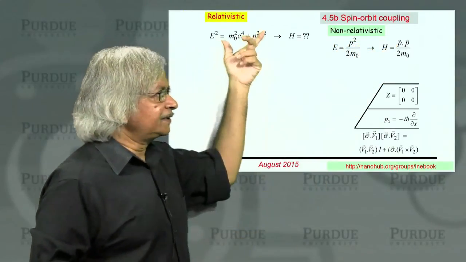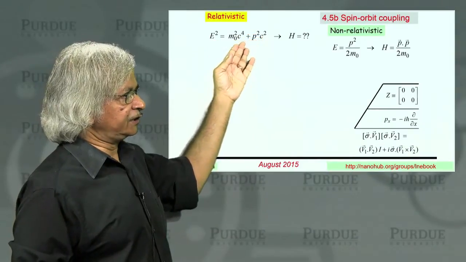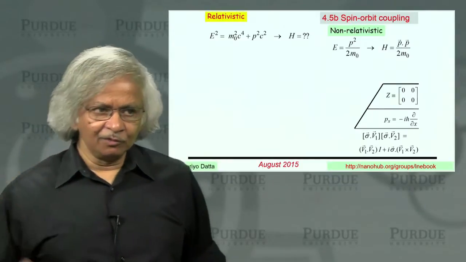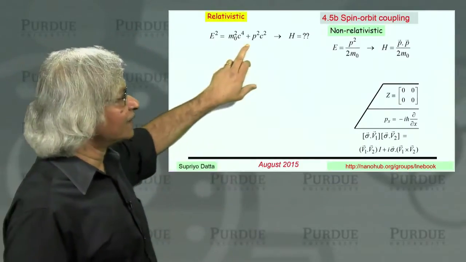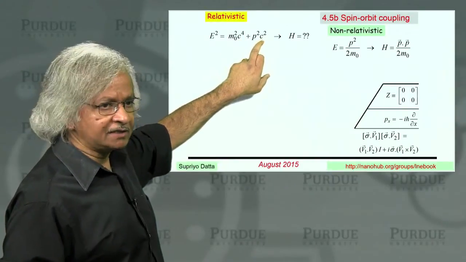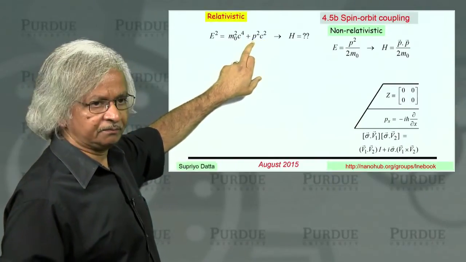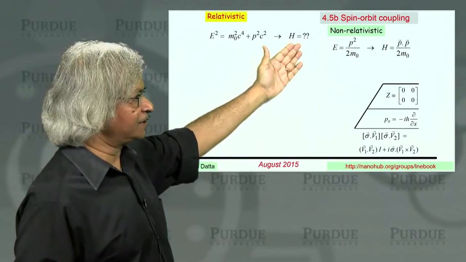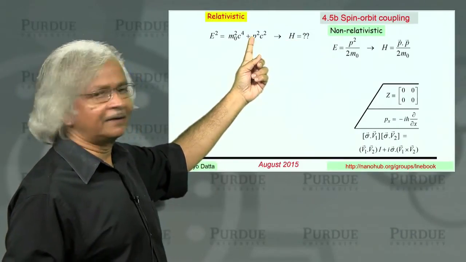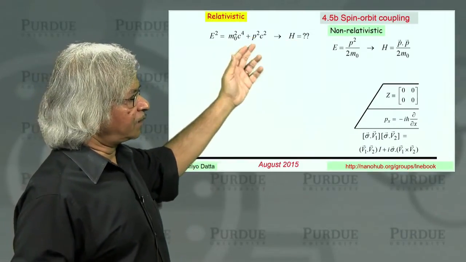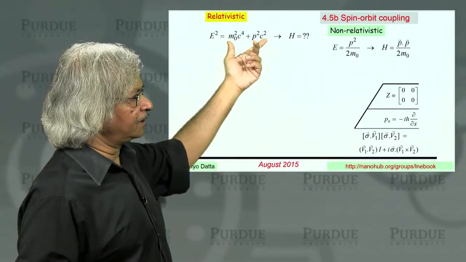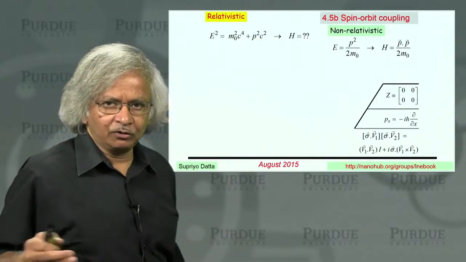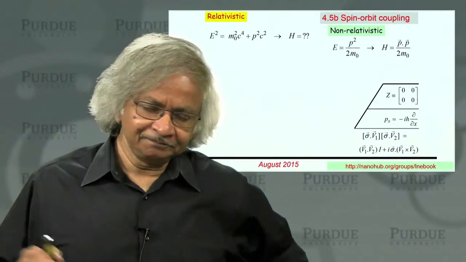Now, the relativistic energy momentum relation looks like this. So if you put momentum equals 0, you get E equals mc square, the most famous equation in the world, I guess. And then when the momentum is non-zero, that's when there's this additional term. Now the question is, how do we write down the corresponding Hamiltonian, the H matrix? Because if I turn the P into an operator, I have a problem because you see, I need the operator corresponding to the square root of this. And having an operator under a square root is not very convenient, right?